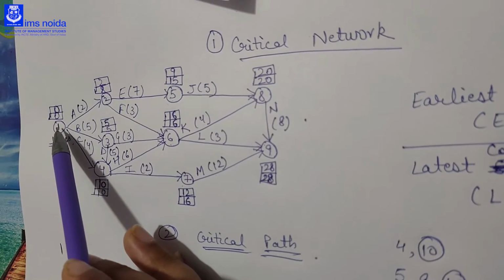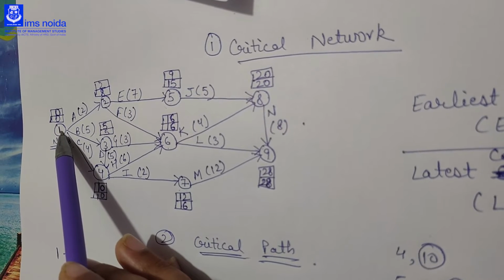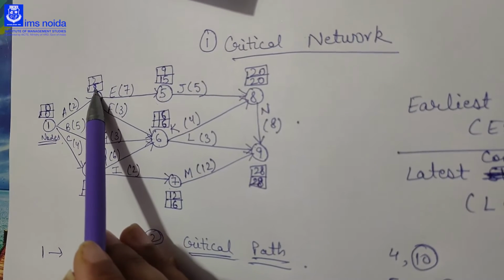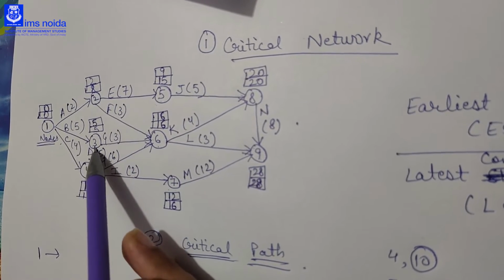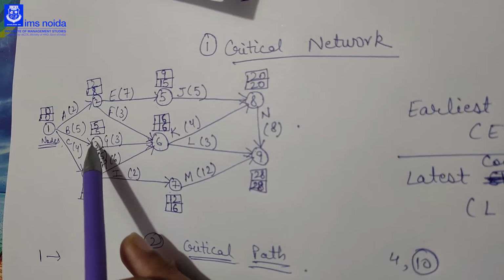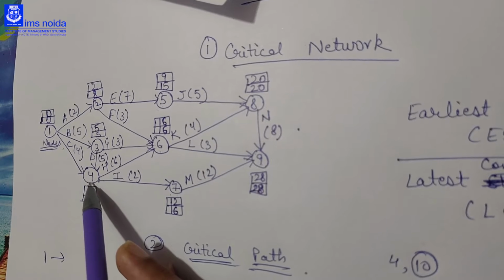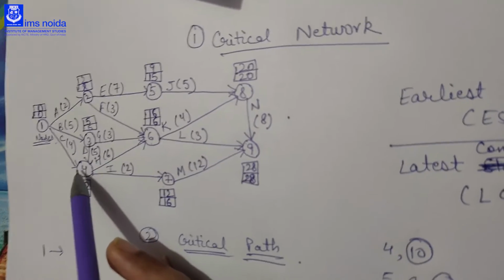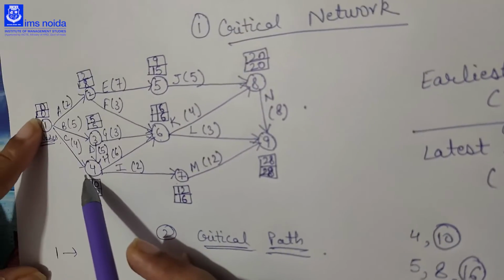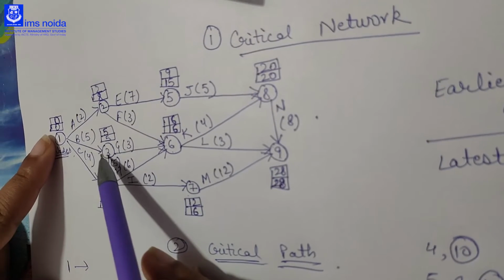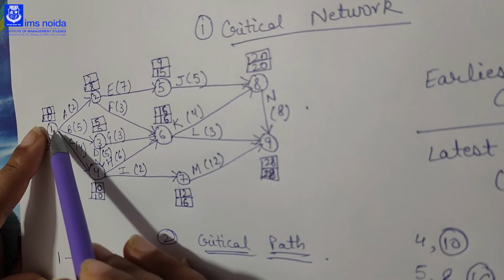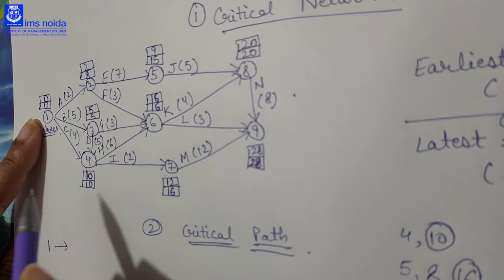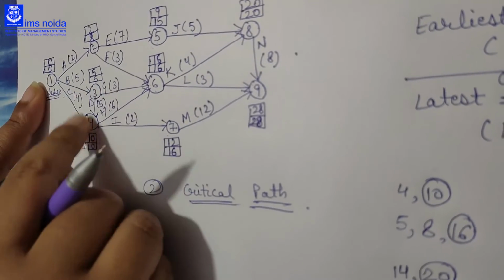Then starting from the 1, we will see which node we can go to which has the same ES and LC. As you can see in 2, ES and LC are different, so we can't go to the 2. In 3, ES and LC are equal, so we can go to the 3. In 4, the ES and LC are equal, so we can go to the 4. Whether to go to the 3 or to the 4, as we have number 3 after the 1, not the 4, we will not go to the 4 by crossing the 3. So from 1 we will go to the 3, and then from 3 we will go to the 4.